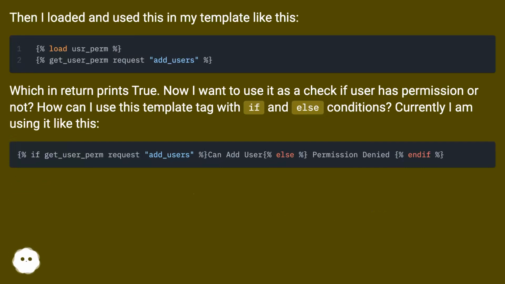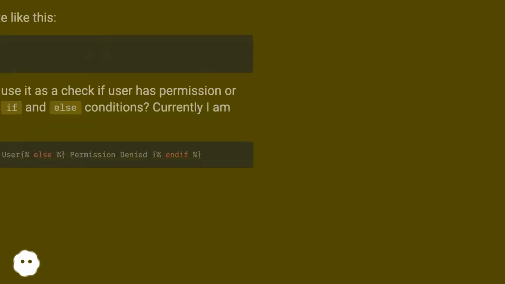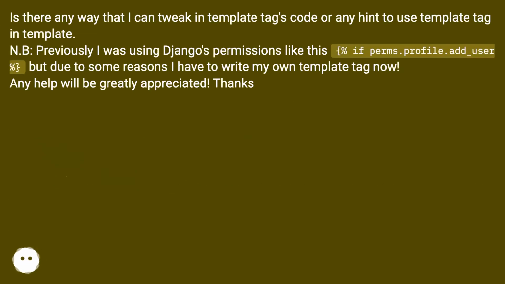Now I want to use it as a check if user has permission or not. How can I use this template tag with if and else conditions? Currently I am using it like this. Is there any way that I can tweak in template tags code or any hint to use template tag in